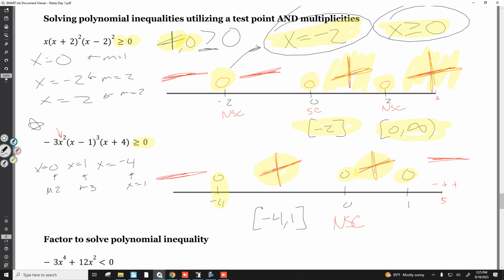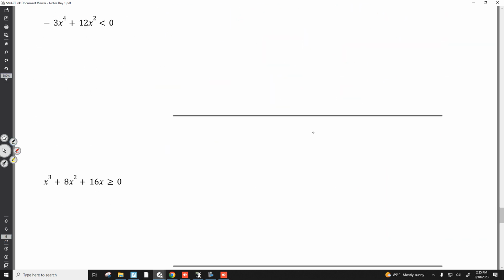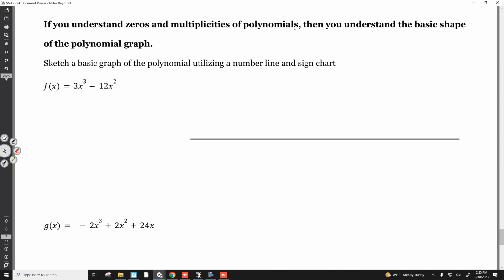Now, what many of you wanted to do, skip these two, go to the end, we can do. If you know the signs of your polynomial, you actually are already a human graphing calculator, you just don't know it. If you find your zeros,